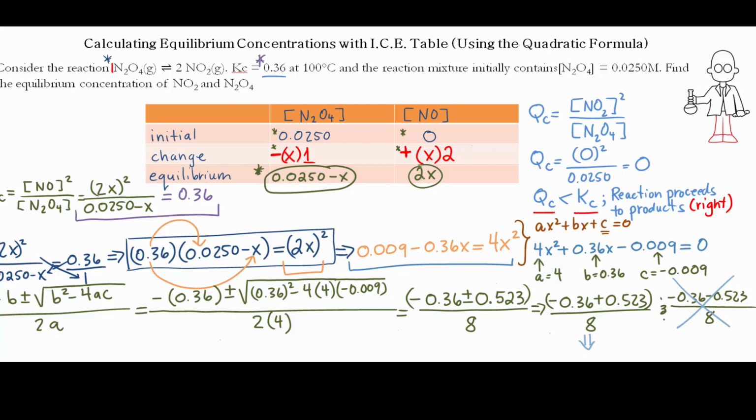Or you could say 0.523 minus 0.36. However you think about it, that's going to give us a 0.0204. That is the root or your solution to x for